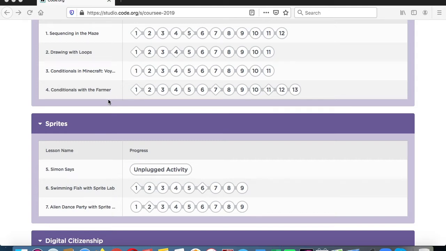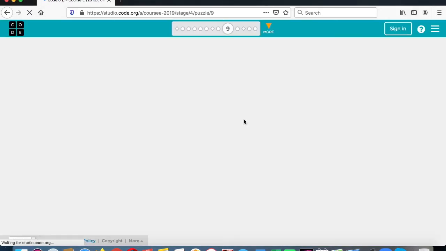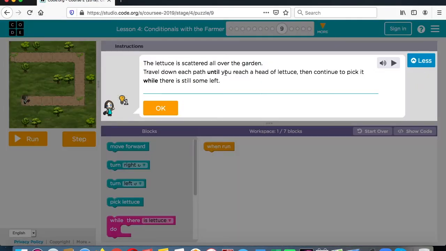I want to go to a harder one. Let's look at number 9 here. Okay, I'm trying to do some of the harder ones here. So let's look at number 9, conditionals with farmer. The lettuce is scattered all over the garden. Travel down each path until you reach a head of lettuce, then continue to pick it up while there is